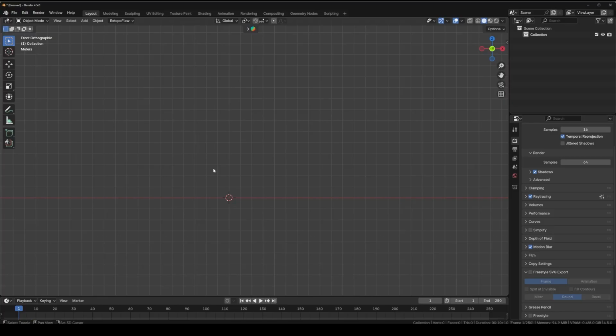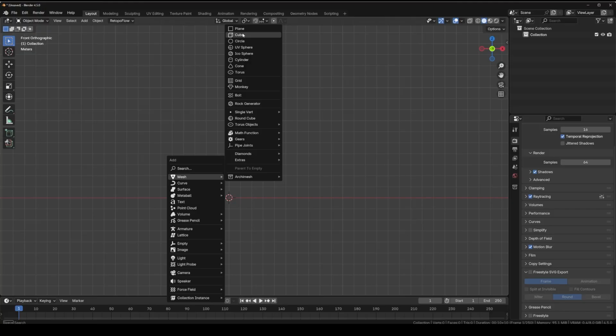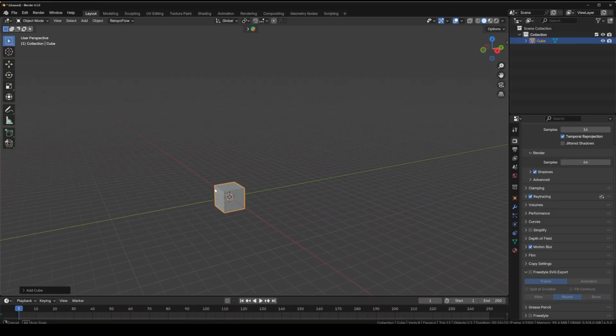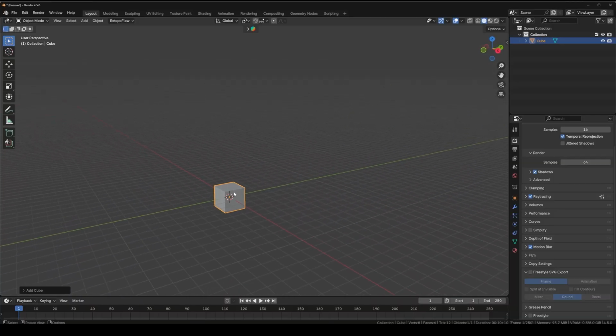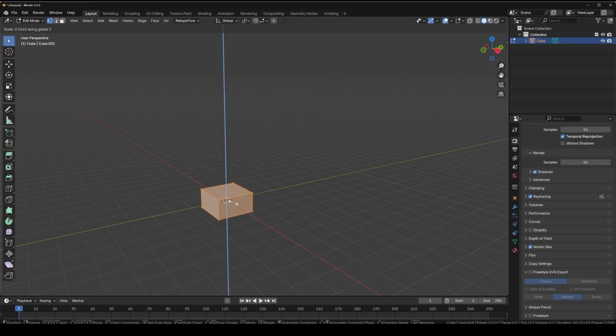So Shift A, and then just go to Mesh, Cube, create a cube, and middle mouse button, click to zoom around. And then now we're going to tab into the cube, press S for scale, Z for Z axis, and just